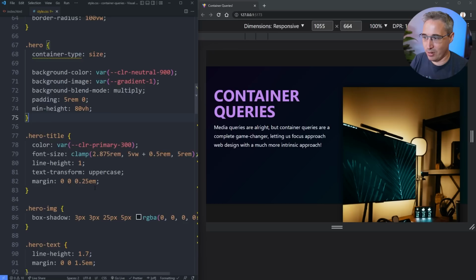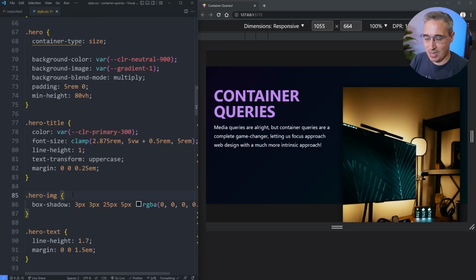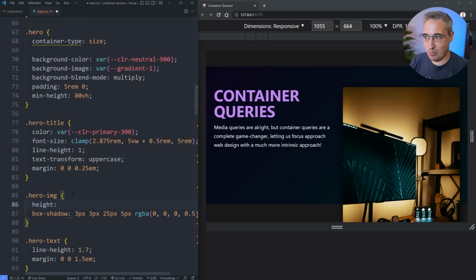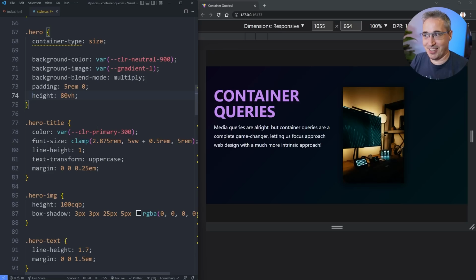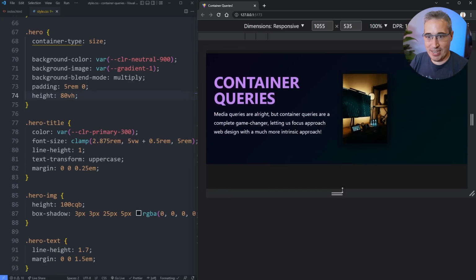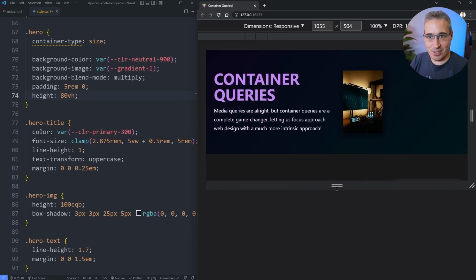Let's fix that now. Here's my hero image. And maybe I set the height here to be a 100 container query H or B. I'm going to do B to stick with the logical properties. Remember, B is block, so up and down. Let's hit save on that. And here, actually, let's just change this height to maybe an actual height. Aha, there we go. And now this image will adjust to the height of the container that it is inside of,